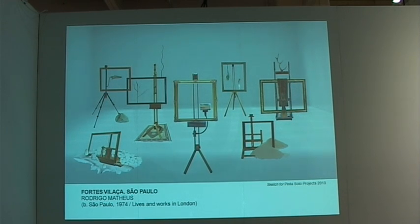In this case, these are very different because these are actual individual pieces that continue to exist after the fair is finished, but again, he's dealing with this idea of representation in art, and this is only the study, so we don't have here the actual pieces that are in the booth. This is the first study that he sent to us a few months ago, but each of them has very particular characteristics, and in one of them, the one on the right-hand side of the booth, the last one at the back,